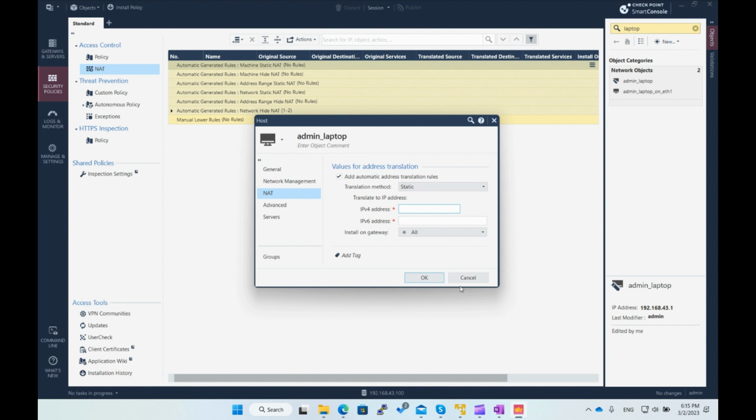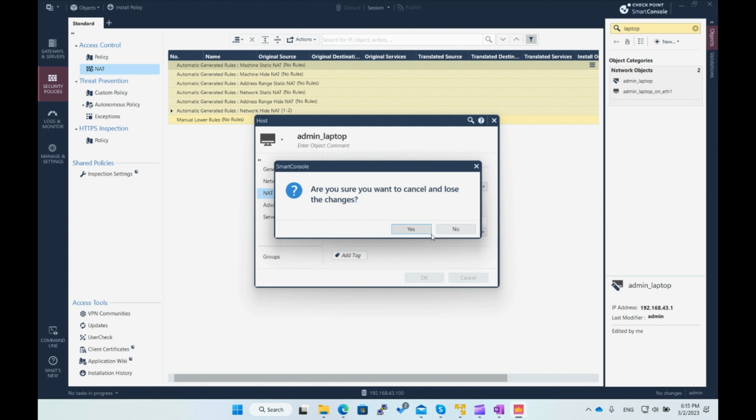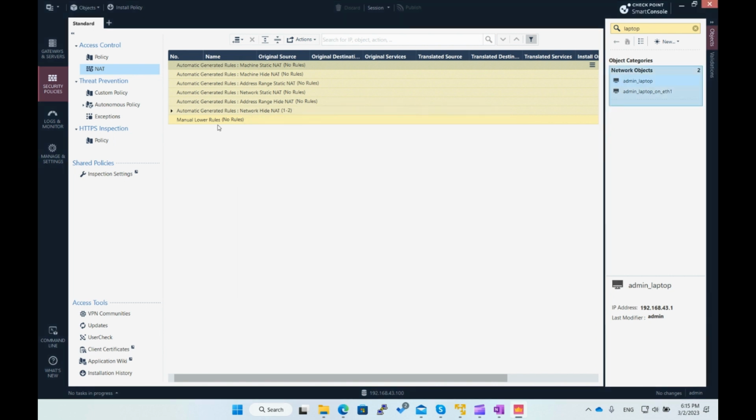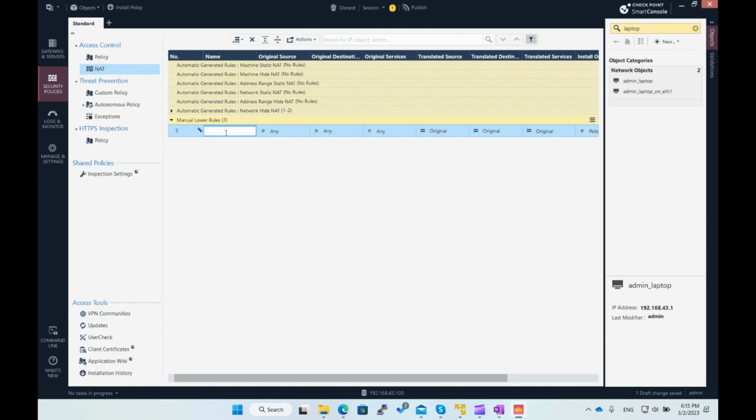It's not a destination IP address. So there is no point to create an automatic NAT rule for the translation of the destination IP address. We need to create a new rule below. That's the first NAT rule we have, and the NAT rule will be admin to SMS,